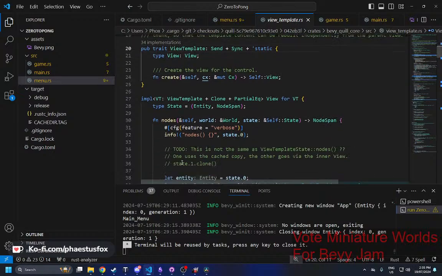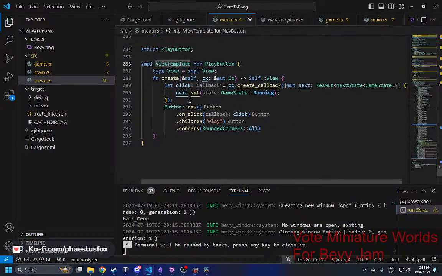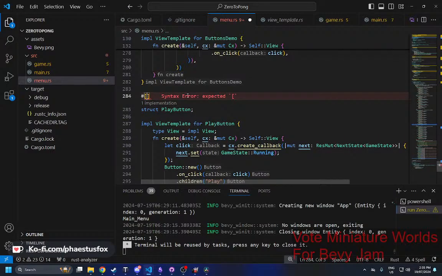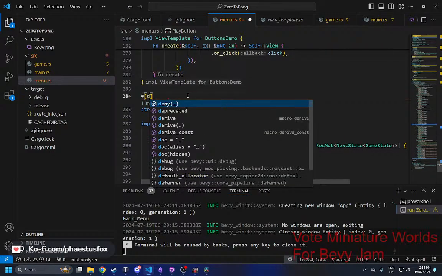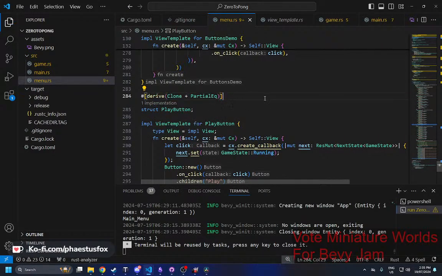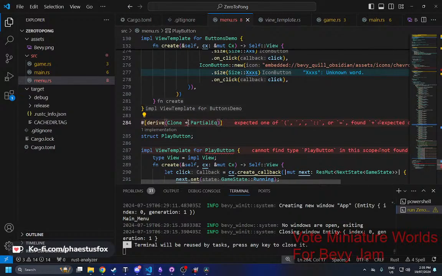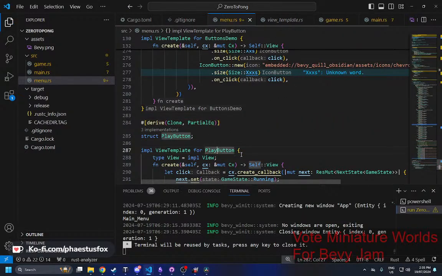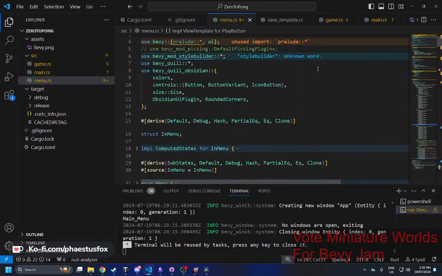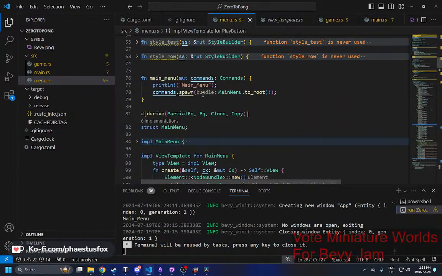I've only got view and create. Input view for VT. See? Ah, because it doesn't implement clone and partial equals. That'll be why. Derive clone and partial equals. So it has clone and partial equals for play button here,